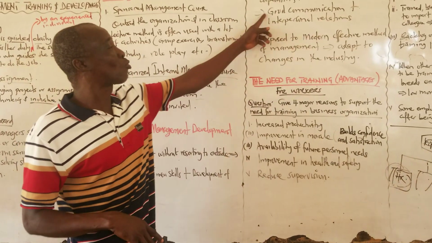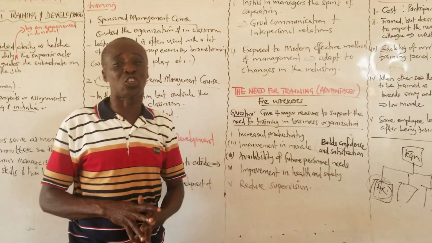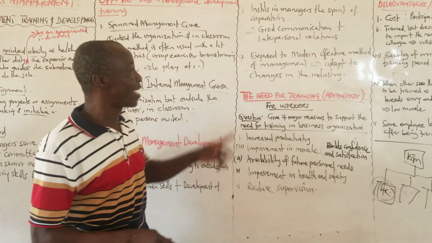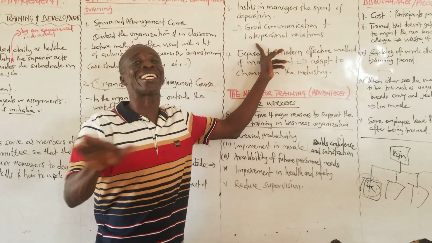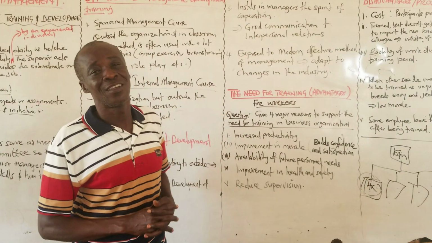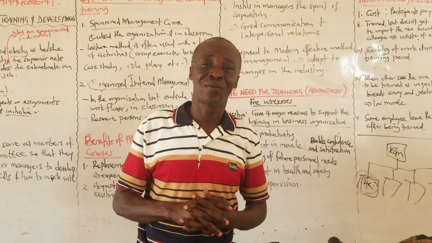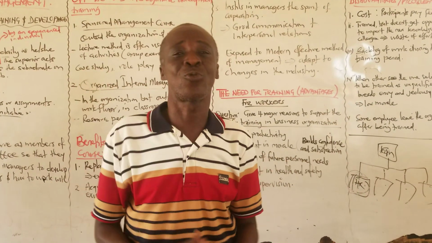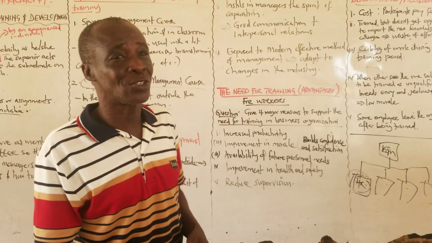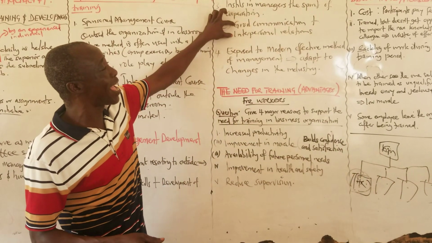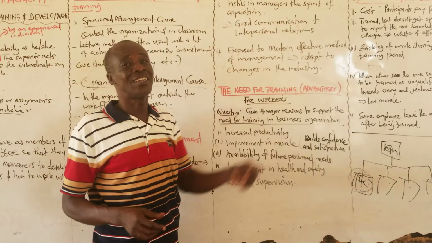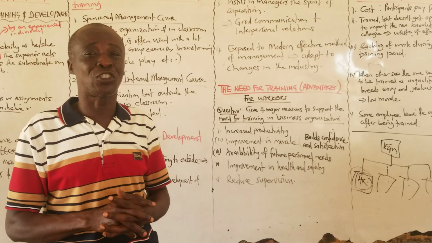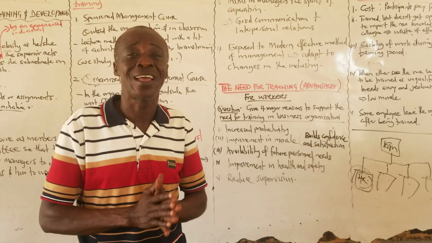So there will be good communication. You'll be trained on good communication. You have done what communication is. So if you say good communication, you know what it is. And then you also learn about interpersonal relationship. Your relationship with your subordinate. How you should relate with others. So you learn about that. Once you learn these things, then they are imparting that spirit of cooperation in you so that you'll be able to work with others.